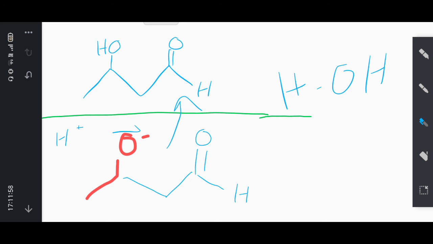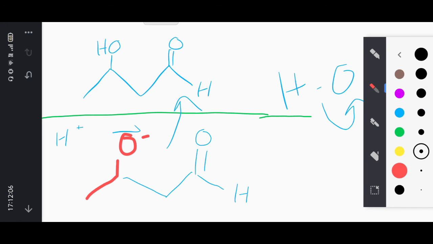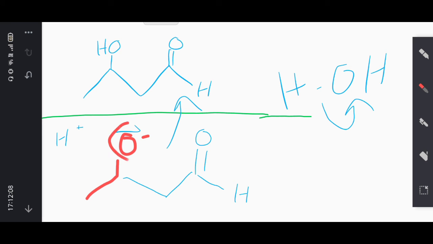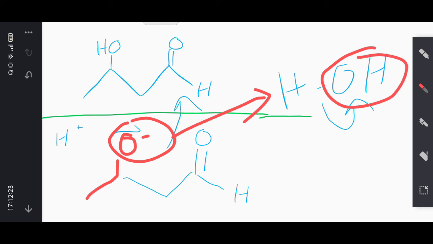Now in OH, oxygen is negatively charged, so it definitely tries to pull this electron towards itself. Now you can see that this is an enolate ion. So this enolate ion has a negative charge, so this tries to pull this hydrogen towards itself. So thus it takes the hydrogen back from the water,